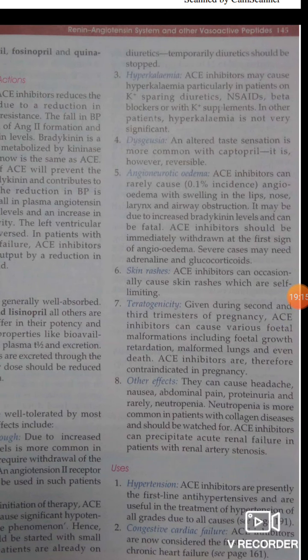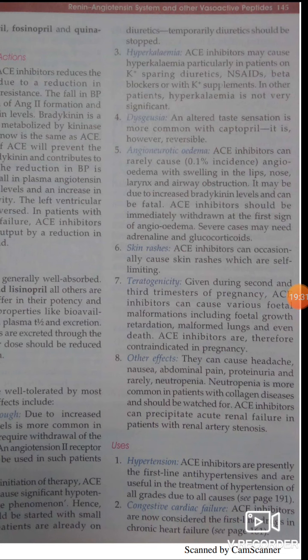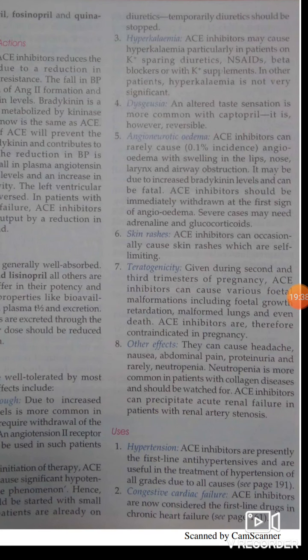Then angioneurotic edema. It rarely causes these symptoms. And first of all, what is angioneurotic edema? It includes swelling in the lips, nose, larynx and airway obstruction, right? And this happens due to the increase in bradykinin level. These symptoms arise due to the increase in bradykinin level,